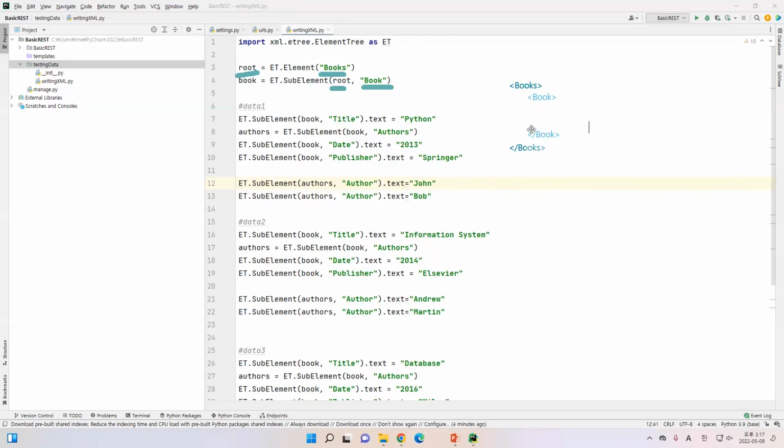Now I have my first data, the element tree of sub element book. What is sub element book? Sub element book is this one. So when I have a book, I will like to put this sub element, and the sub element name is title, and this title is inside this book. So I have title,